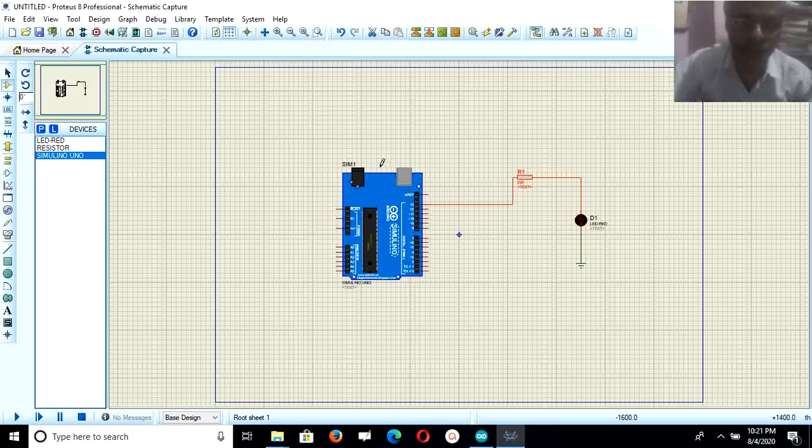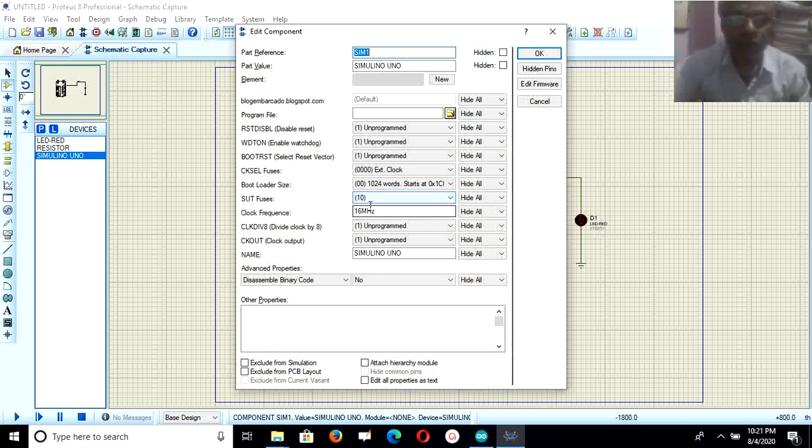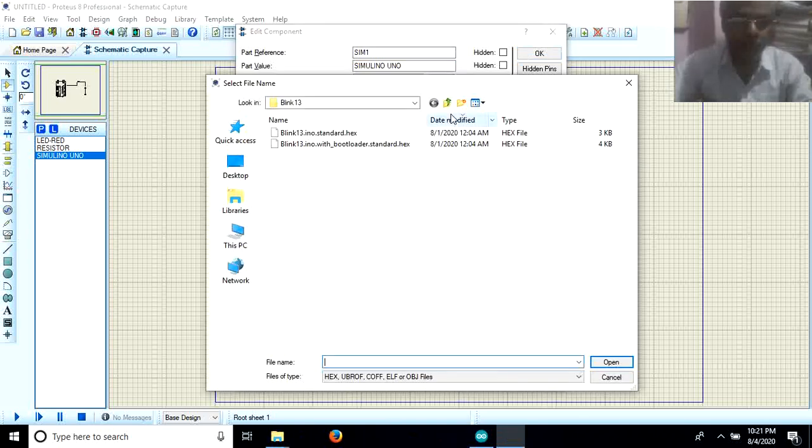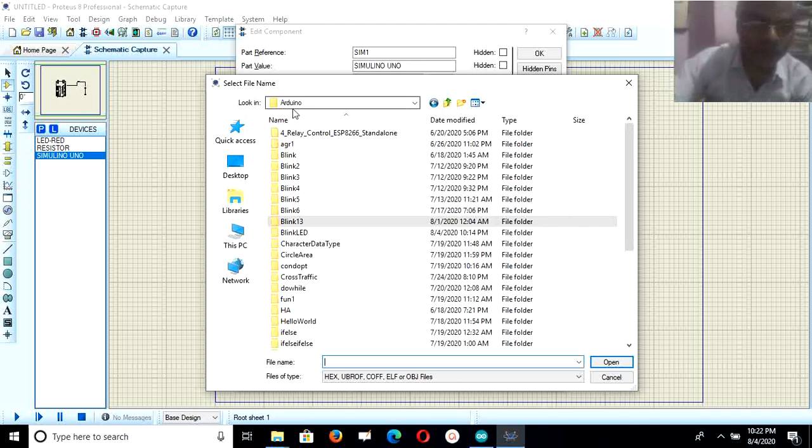Next work is to load the hex file of that blinking program. For that, I double click on this Arduino board. It will show one window. In this window, I move to program file and click on this browse icon. It will show the location, and our location is in our Arduino folder. So I move to the Arduino folder and select blink LED folder.